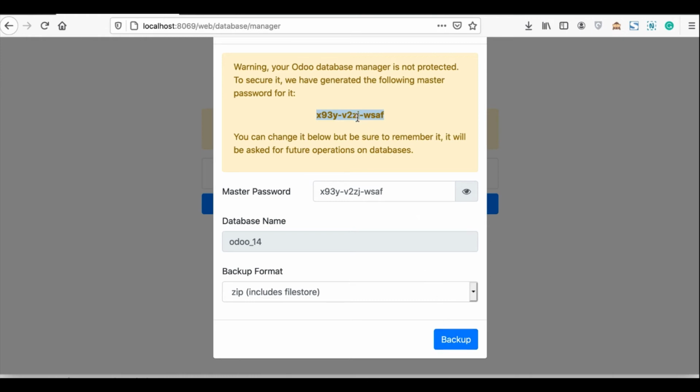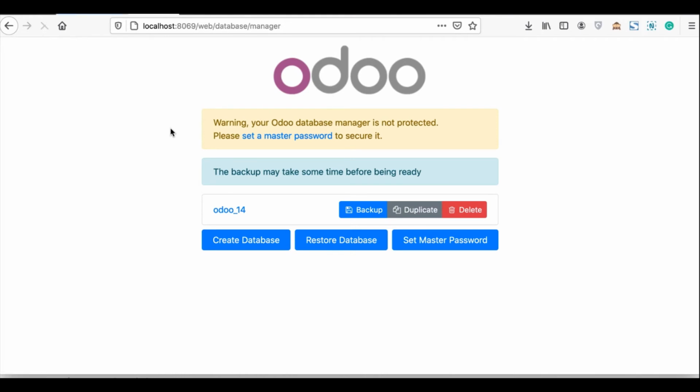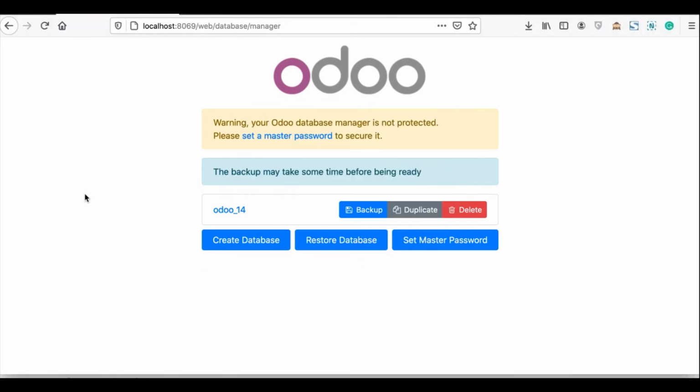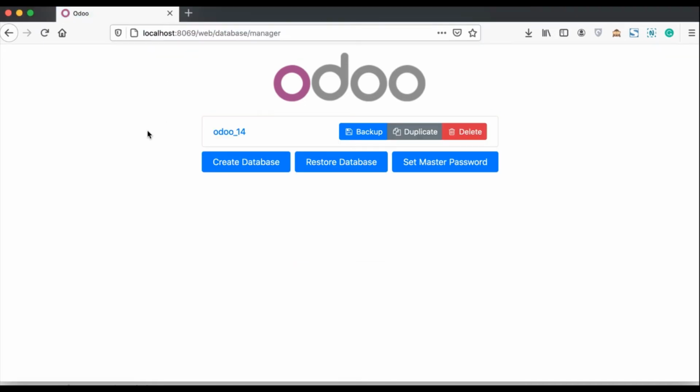Let me copy this one. It's successfully downloaded, and after refreshing the page you can see that warning message is gone. This is the first scenario, where you are not using a configuration file.